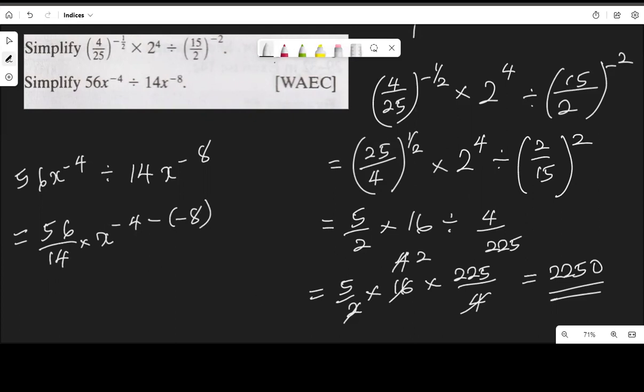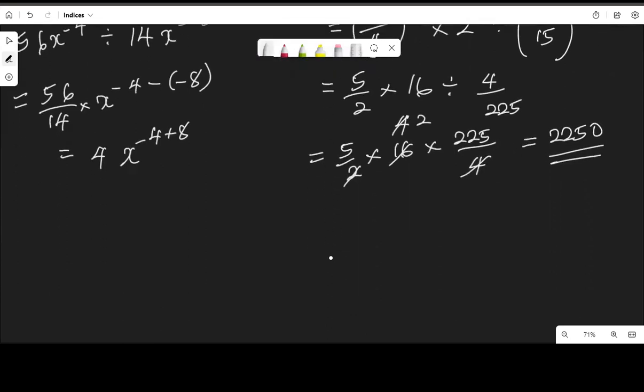Now 56 divided by 14 is 4. So this is 4x to the power of negative 4, minus times minus is plus, which is 4x to the power of negative 4 plus 8 is 4,